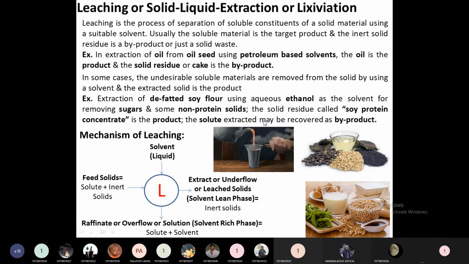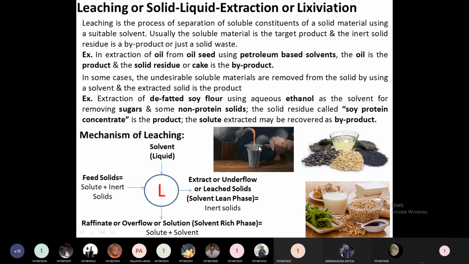Like tea: the soluble constituent gets dissolved in the solvent like hot water or milk. That is the product. The tea is our product. Usually in leaching, the target product is the soluble constituent, whereas the inert solid is a waste product or a byproduct. The tea powder left after extracting the tea is called an inert solid, or a solid waste, or a byproduct.